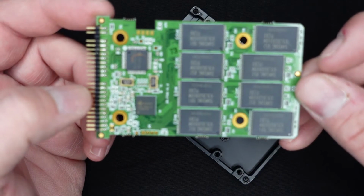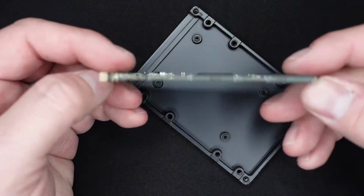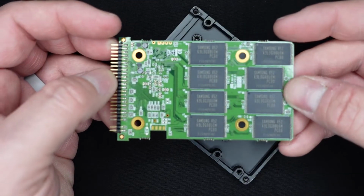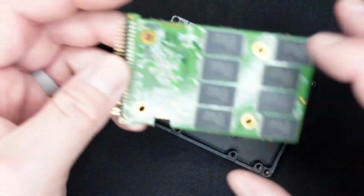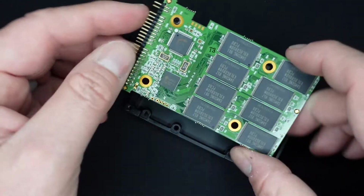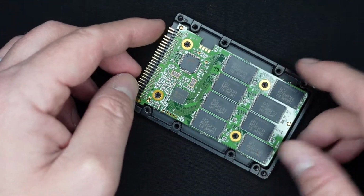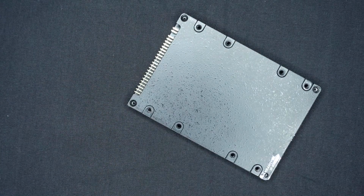Two, they have an issue with losing data when unpowered for long periods of time. Because SSDs use semiconductors to store that data, these semiconductors do bleed power over time. Eventually, as the semiconductors lose power, the data they store begins to corrupt. Also, this can cause the drive to wear out and become less effective to the point that the drive fails